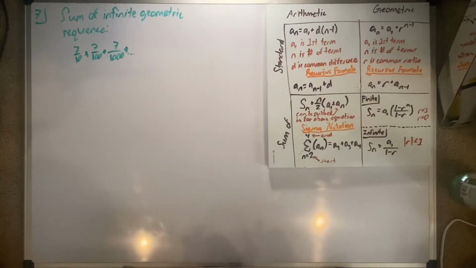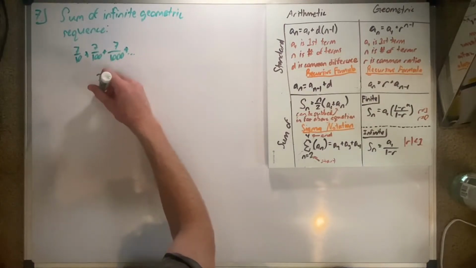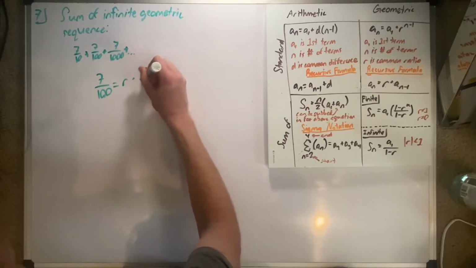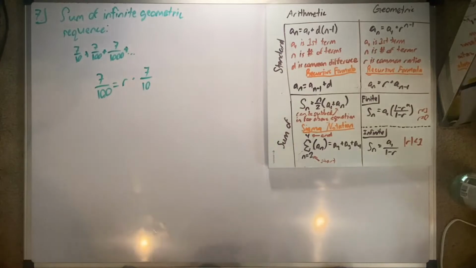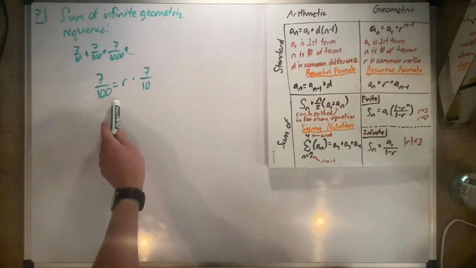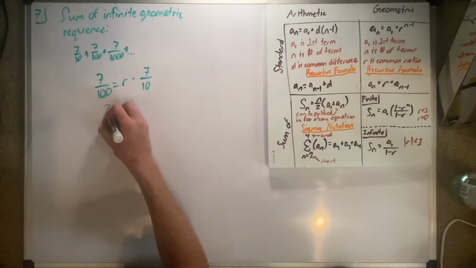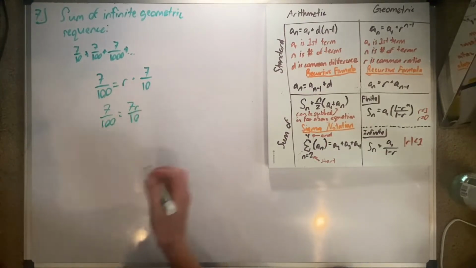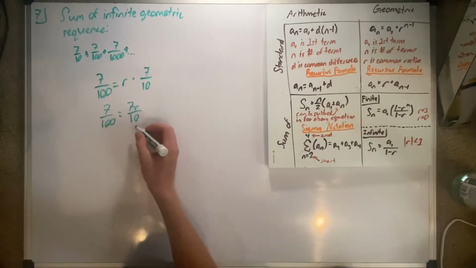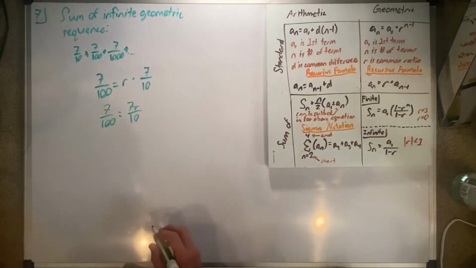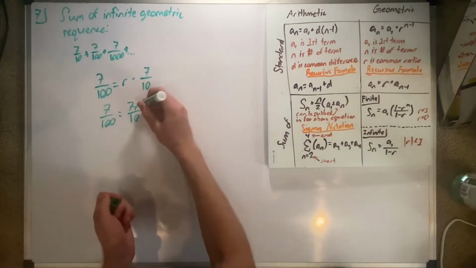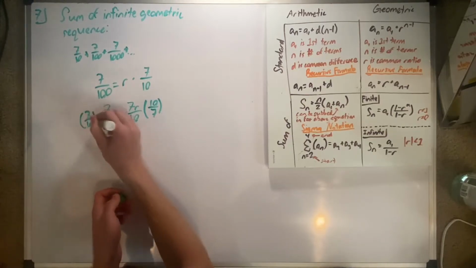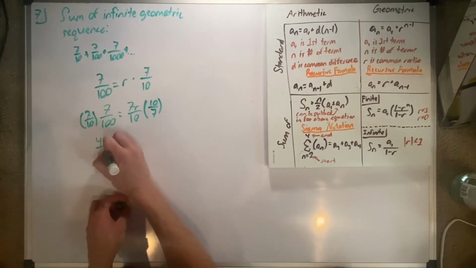So the number we're talking about in this instance, let's say, is 7 over 100, which is equal to something times the number right before it. So what would we have to multiply this by to equal that? Well, we can just set up a simple proportion for that. 7 over 100 is equal to 7r over 10. Divide both sides by 7, and then multiply both sides by 10, so we would go 7 over 10, 7 over 10. We would get 49 over